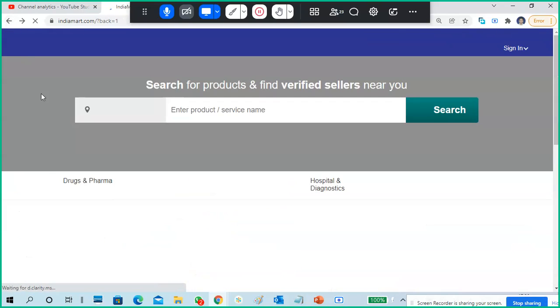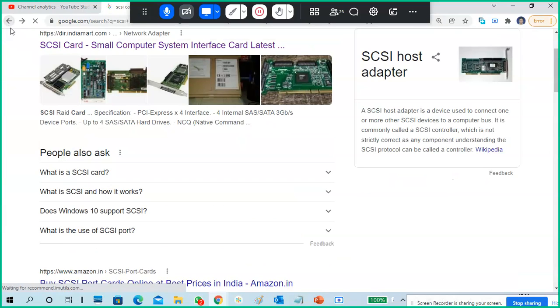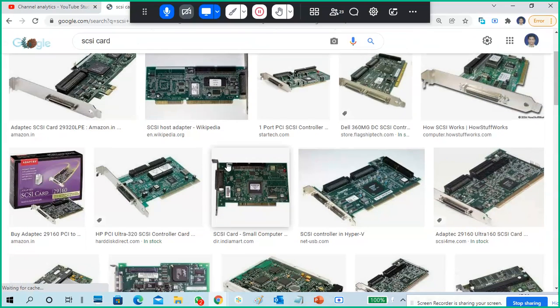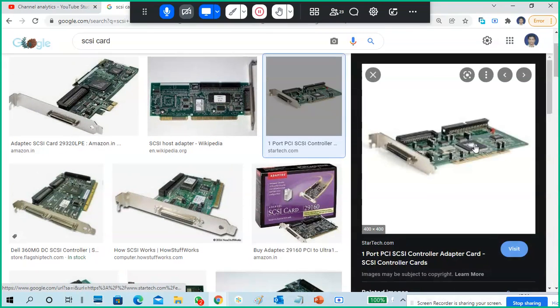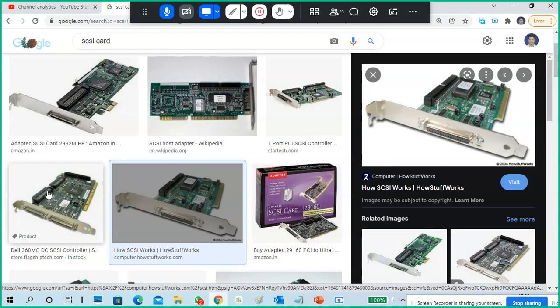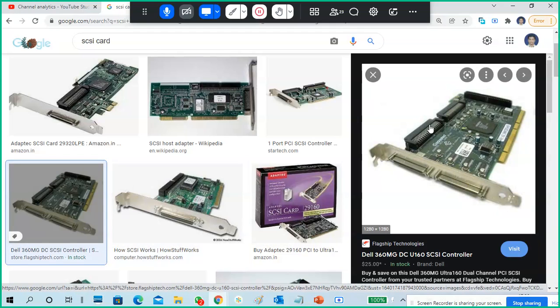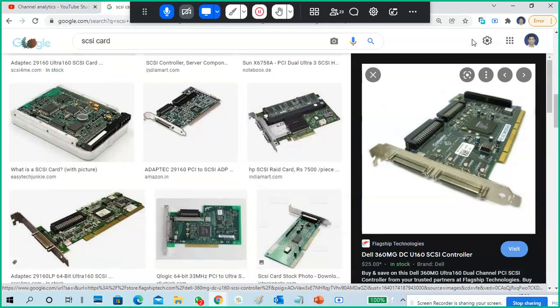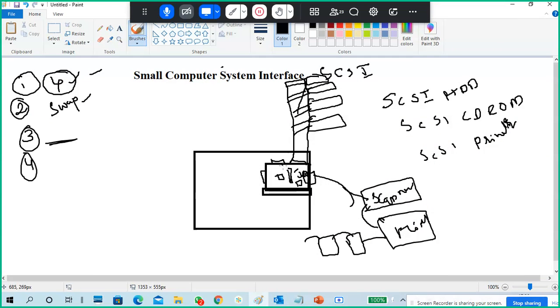Sorry, I will go back, don't go to this, go to images. So we'll find so many now. So, the PCI slot. You have to insert the card into the PCI slot. This is for the external connector. This is for the internal connector. See, externally 2 and internally 1, 2, 3. Three connectors are there. The golden ribbon color goes to the board, right? Like that we can connect it.